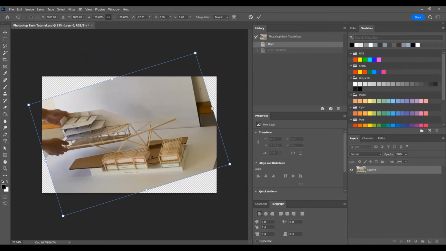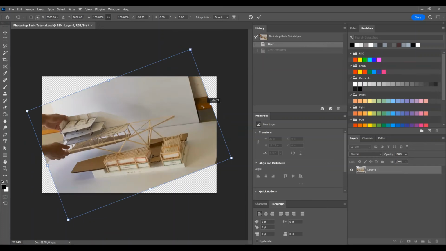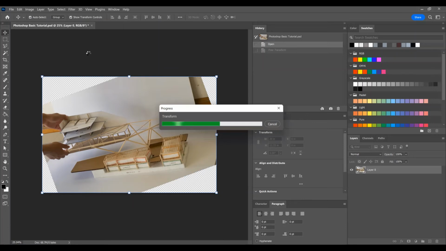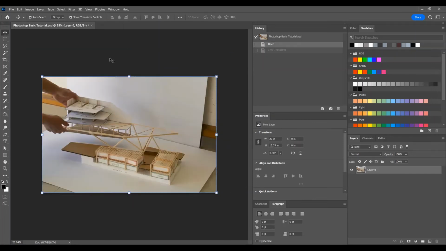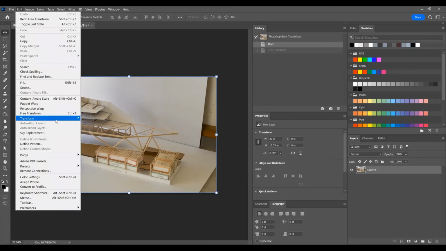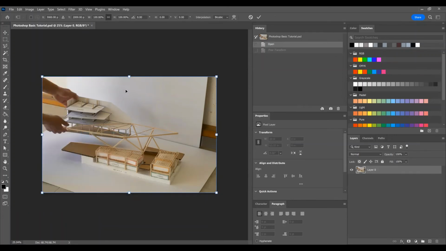And at the same time, it'll just enable us to rotate our image to whatever specified angle that we set it at, right? So I'm just gonna undo this rotation. And this again leads us to another transformation tool, which is the distortion, or the skew, rather,